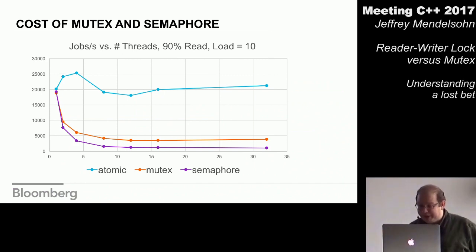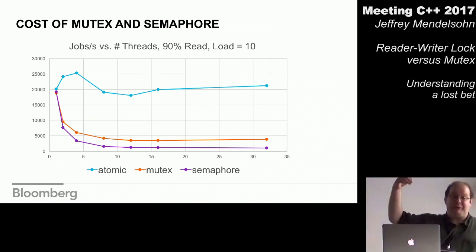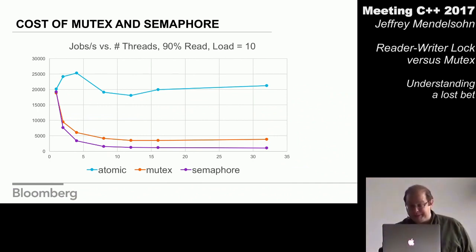So to recap, the mutex performs much worse than a single atomic operation. The single atomic operation performs much worse than doing nothing. We're already in a deep, dark, bad place. Now we're going to talk about locks relative to mutexes and see how much worse or better they can be.